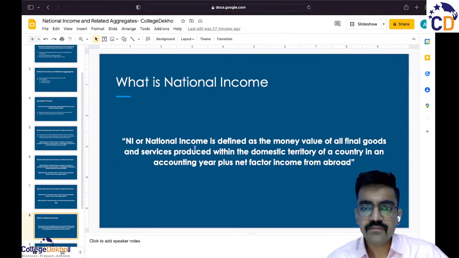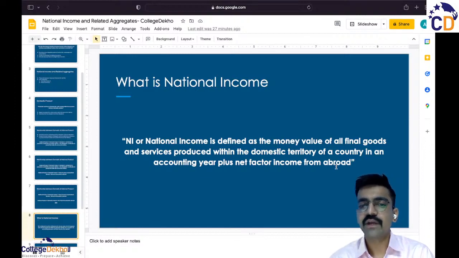NI, or national income, is defined as the money value of all final goods and services, right? So not just goods, but the services as well, of all final goods and services produced within the domestic territory of a country in an accounting year, plus net factor income from abroad. So whatever production has happened in a particular economic territory, whether it be the production of a good or the production of a service, the aggregate value of all these different types of goods and services